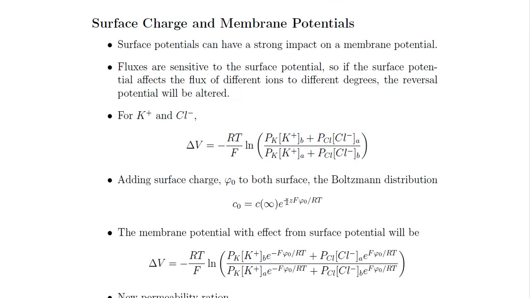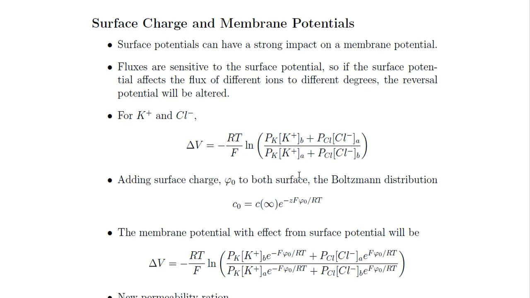Okay, so the surface charge and membrane potential, again, the repetition. The surface potential can have a strong impact on the membrane potential. Fluxes are sensitive to the surface potential. So if the surface potential affects the flux of different ions to different degrees, the membrane potential will be modified. For K+ and Cl-, delta V equals this GHK voltage equation. So adding surface charge,